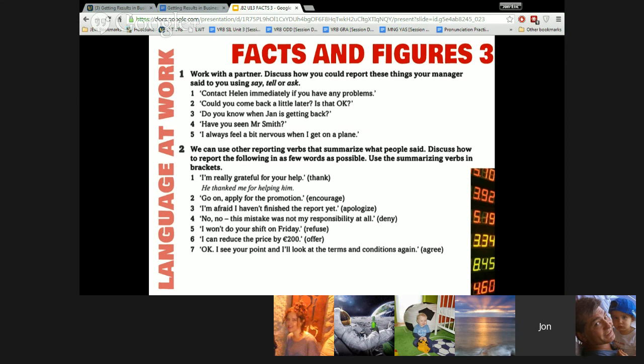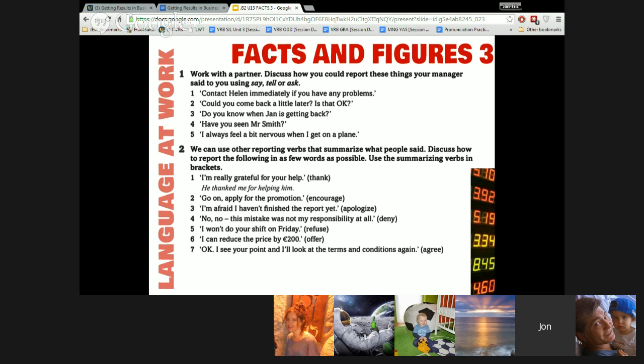Take a look in the chat window. That is absolutely one way you could report that statement. Say becomes said. If she said if we had any problems, that is the second conditional, because you have the past with had, and would, could, should, might in the result. If we had problems, we should contact her. If we had any problems, we could contact her is also possible. If we had any problems, we might want to contact her. So you can use might, but you have to change the sentence.